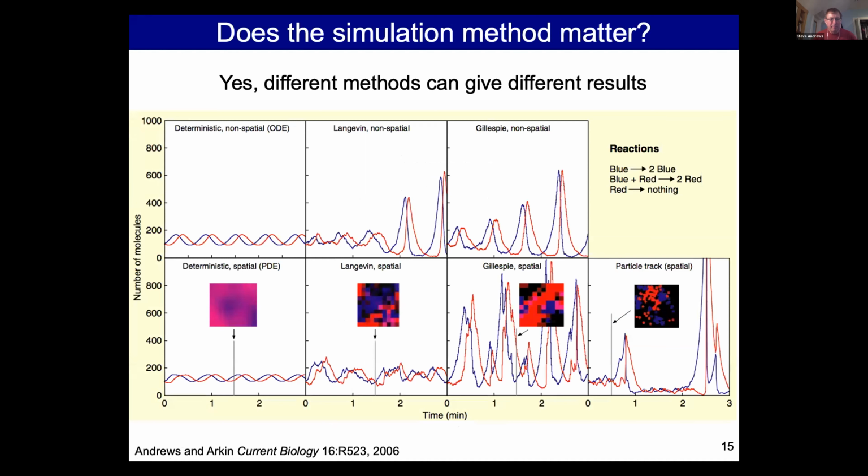And the question is, does this method matter? So this is a predator-prey simulation which I ran non-spatial on the top, spatial on the bottom, and asked, does the simulation method affect the results? The answer is absolutely yes. The classic result is this little oscillation of predator and prey offset by a quarter cycle. If you change simulations, you get quite different results. And in particular, with the particle tracking one, you get this kind of boom-bust pattern instead of the alternating oscillations.